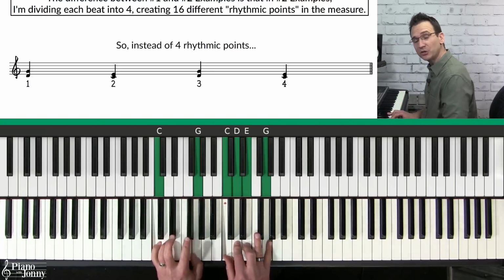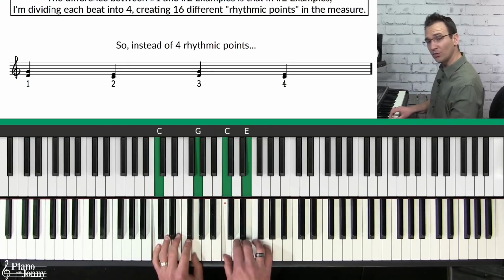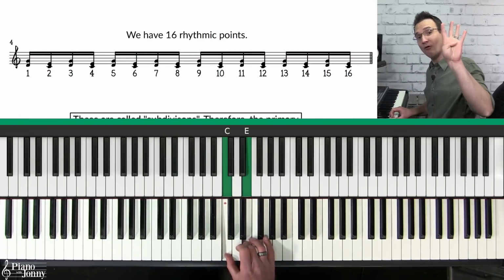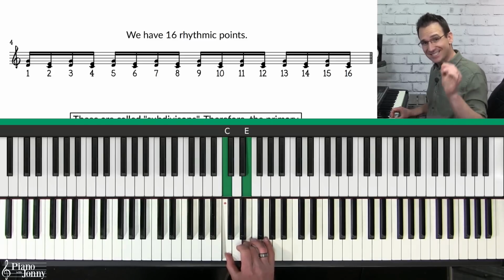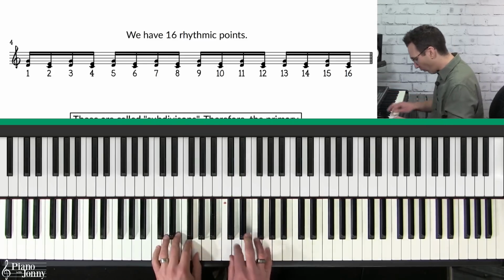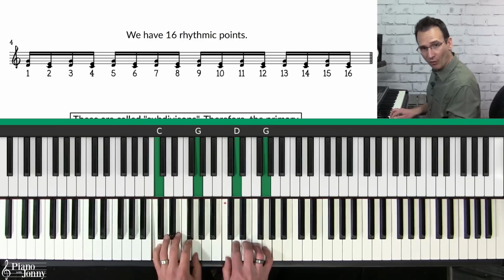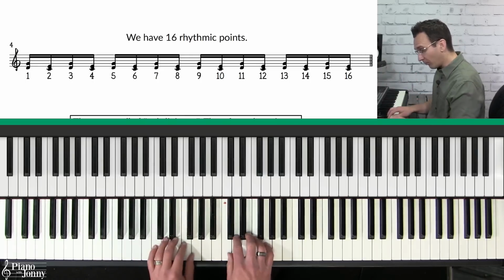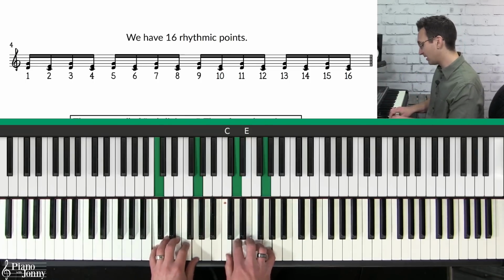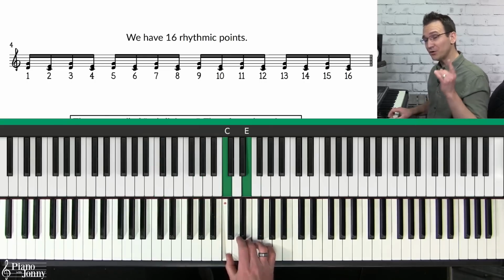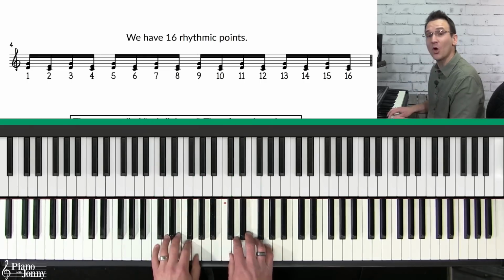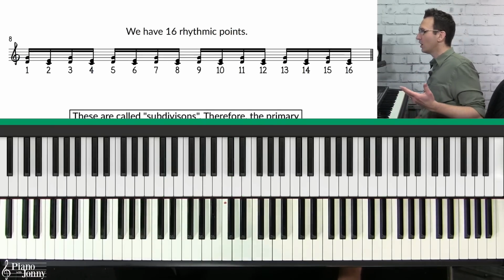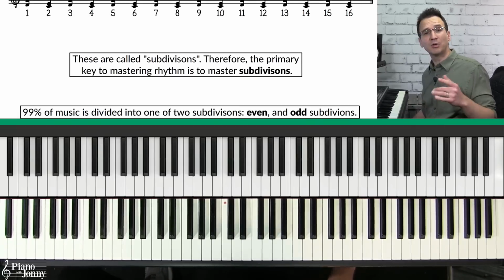If you take your C add 2 chord and you divide it up, 1, 2, 3, 4, well, you can take each one of those 4 beats and divide those into 4 beats each. So now you actually have 16 different points that you could play in your measure. These are called 16th notes, and you could count them each as their own rhythmic point, 1 through 16, or you could count them based on the 4 main beats. And so this is where I see students struggle,